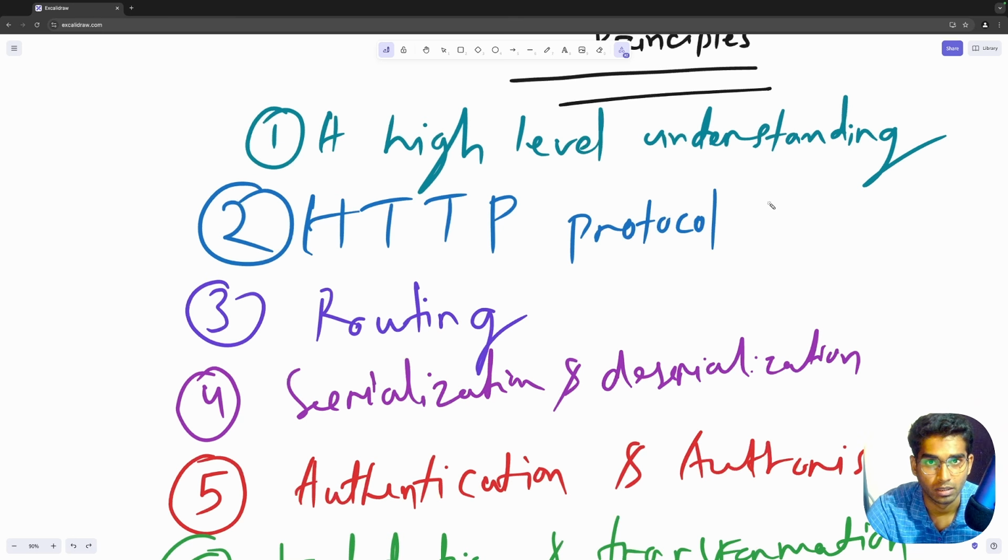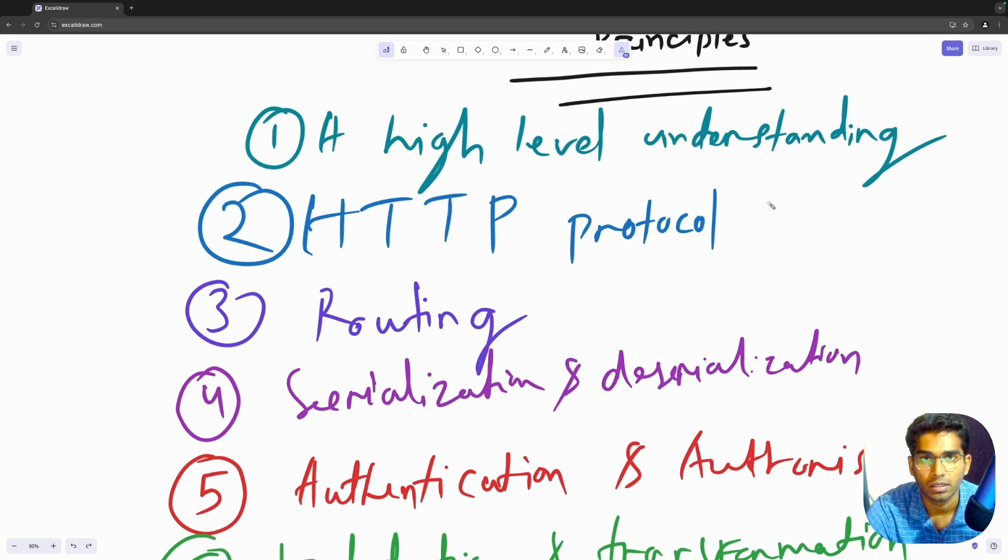Then we'll look at HTTP caching. What are the different types of caching techniques using HTTP? We have ETags, we have max-age headers. Then we'll look at the differences between HTTP 1.1, HTTP 2.0 and HTTP 3.0, and what are the differences between them. We will look at how content negotiation looks like between client and server using different headers.